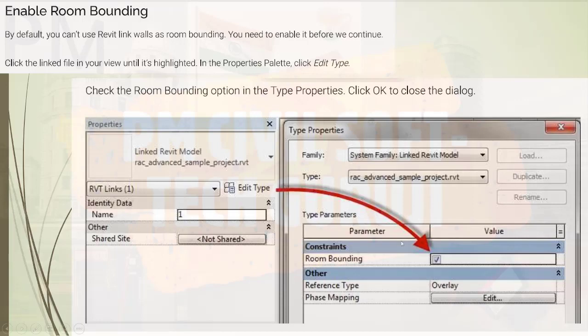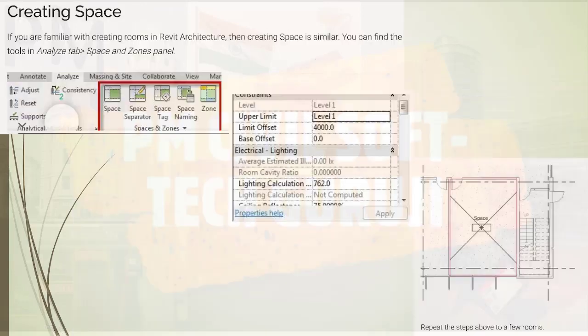Check the Room Bounding option in the type properties. Click OK to close the dialog box.